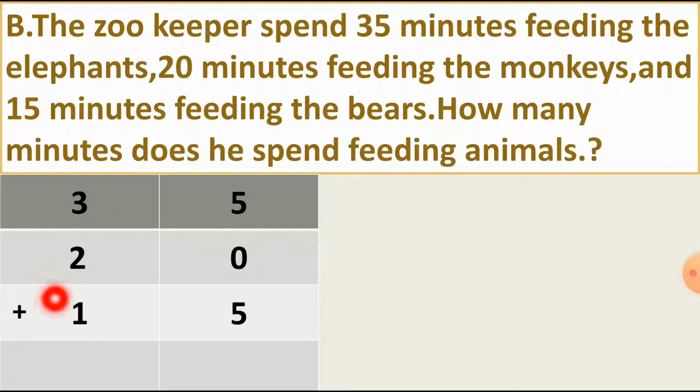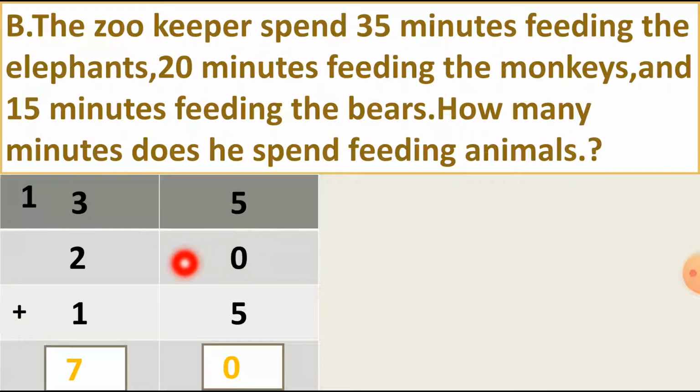So I put this plus sign because we have to find the total minutes he spent feeding the animals, how much time it takes. Now here 5 plus 5 is equal to 10 at the ones column. So we can put 0 at the ones column and put 1 as a carry forward from the 10. This is 1, 0, 10. Now students, this ones column is complete. So let's move to the tens column. Here 1 plus 3 plus 2 plus 1. These 4 digits we have to add together and it is equal to 7.